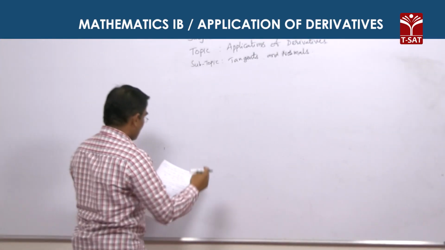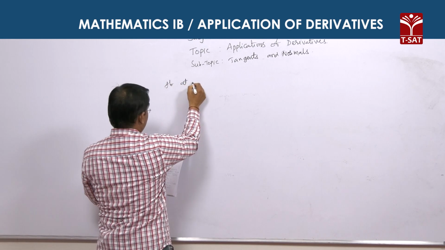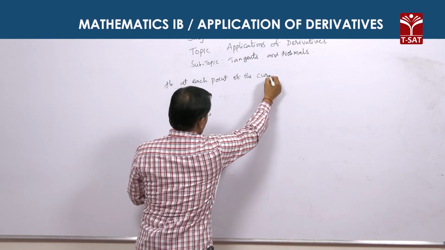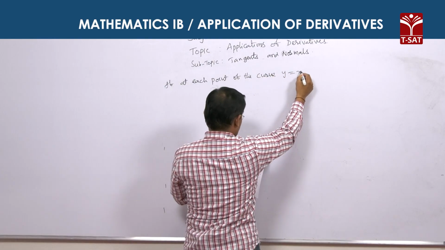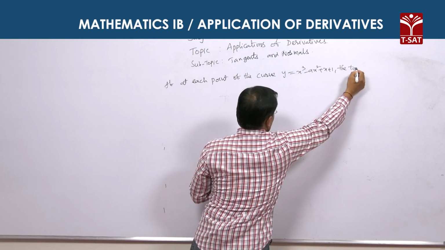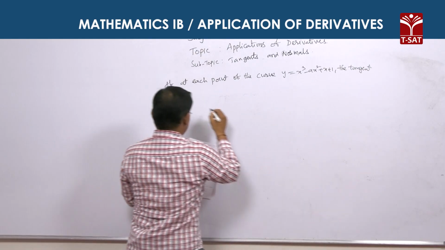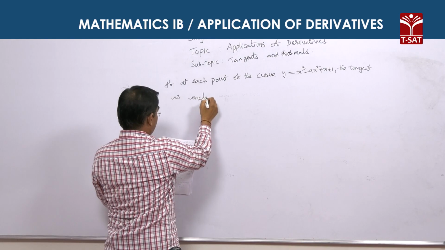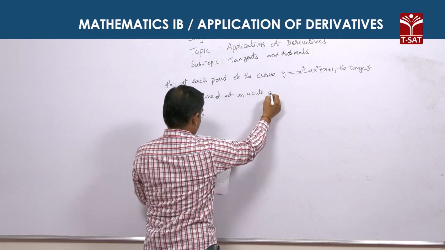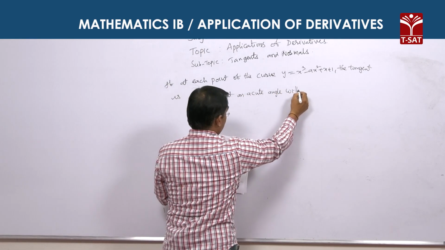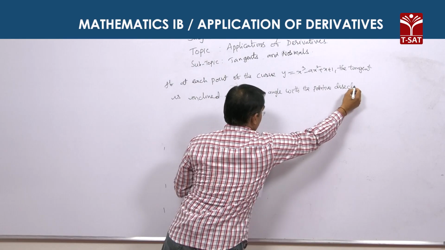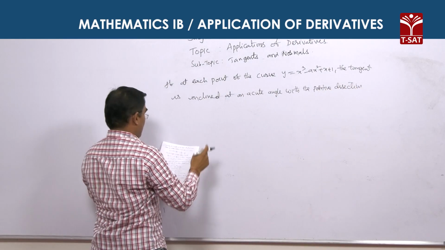Next question. If at each point of the curve y = x^3 - ax^2 + x + 1, the tangent is inclined at an acute angle with the positive direction of the x-axis,